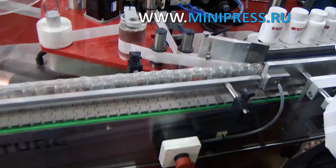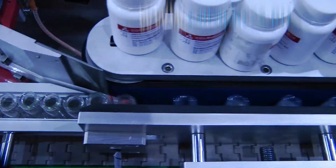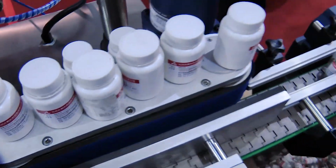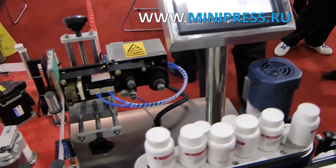quality of gluing. I, Levina Vigor Petrovich, have been working at the company for more than 30 years, 15 of them as a chief engineer. All production at the plant I know well. Modernization at our plant was practically not carried out, and after the accession we had the opportunity to update the